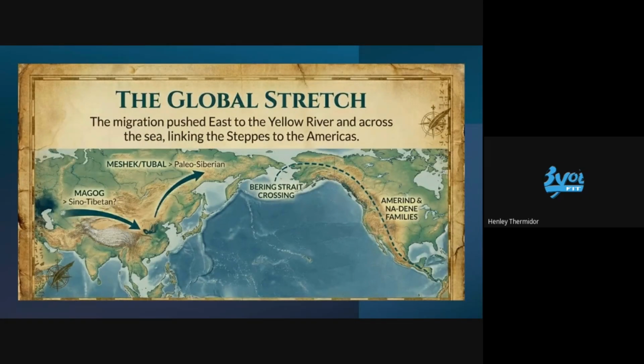Now, Magog is going towards Asia. Tubal and Tiras, they were the Siberian, or Paleo-Siberian, so people in Russia. And Tiras would be going towards the New World. Okay. Like I said, you don't really need to remember all of this, but just to understand how the world languages would have been spread around the world and how certain cultures would have been influenced by these languages and why people speak certain tongues to this day.